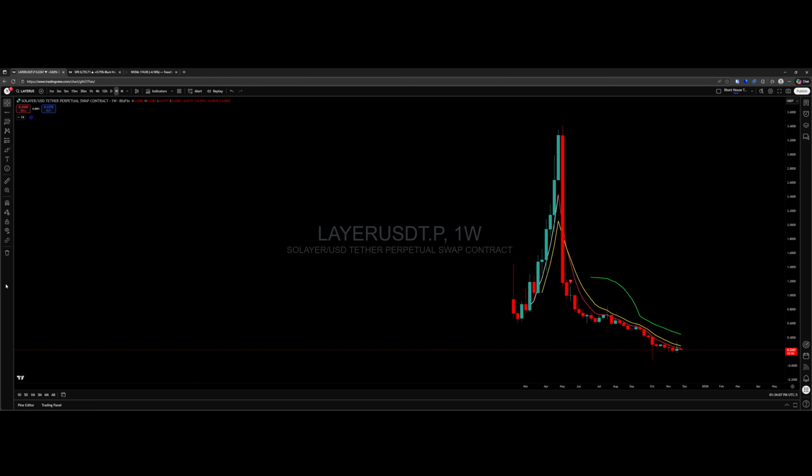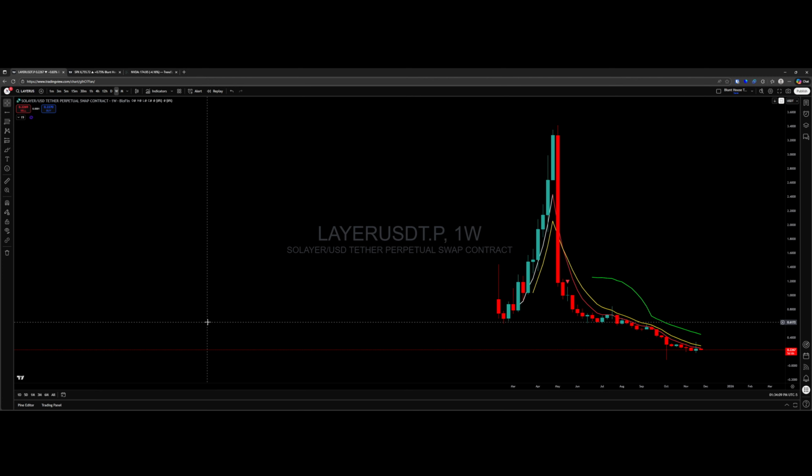I'm sorry to break it to you, but if you want to know what to do with this thing, just watch the weekly chart. When you start to see, if you actually get a buy signal on this thing, maybe that'll be the one. But there's no reason to buy this thing on the daily or the weekly yet. It's just been in one massive downtrend.